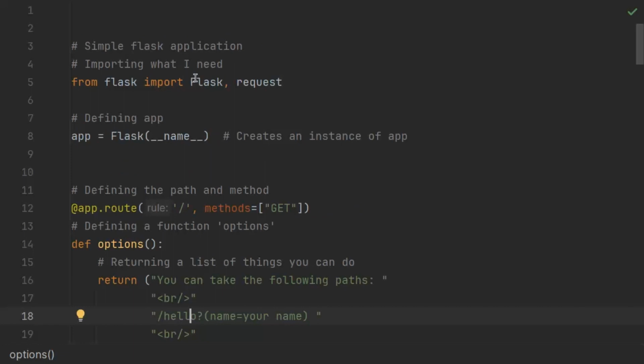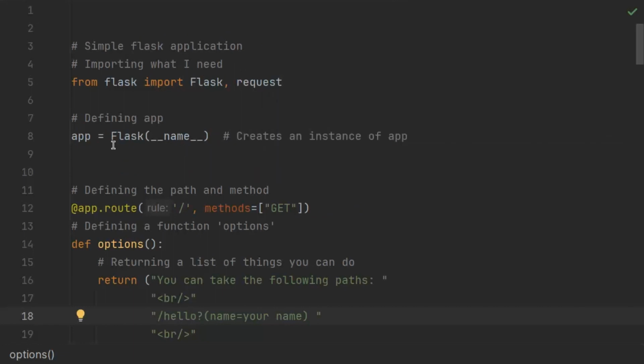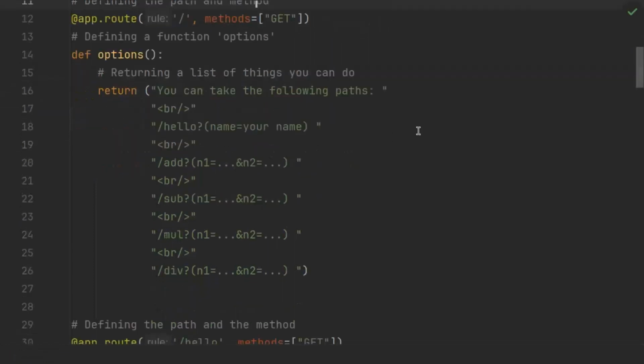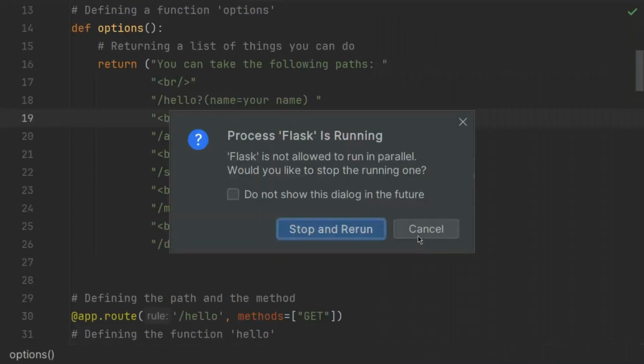From flask, import Flask and request. Then here I'm defining the variable app, which is basically creating an instance of app. After that I'm defining the paths and the methods. So this is for options. Here I made a function called options, and here I'm defining the path and the method. The path is basically this, so nothing, and then the method is GET. So here if I just run it, so run Flask,